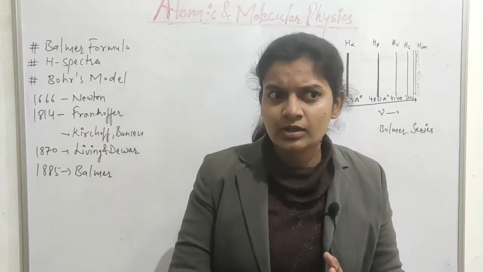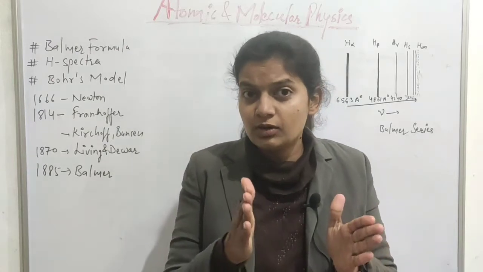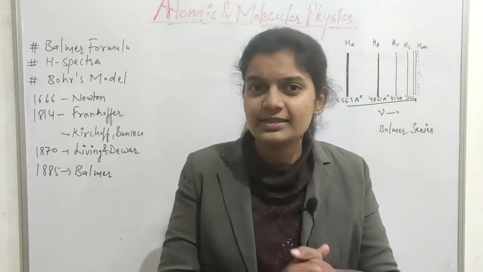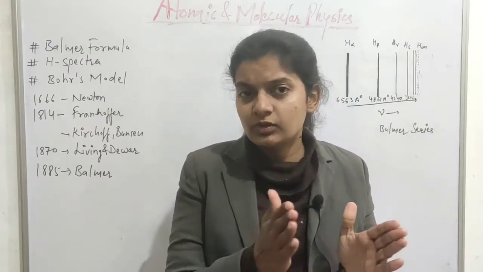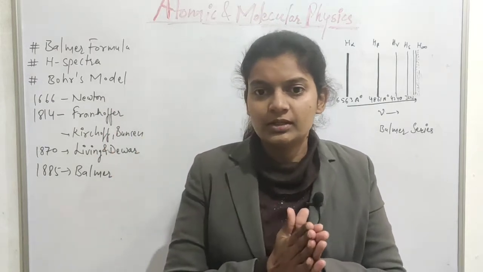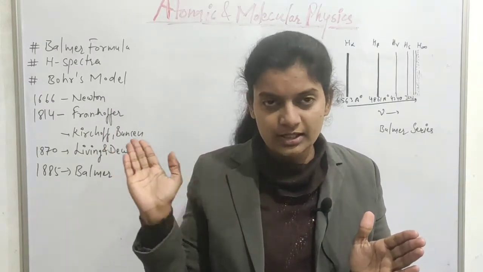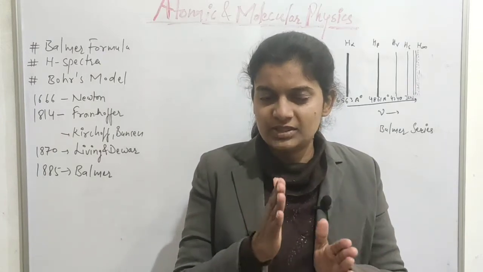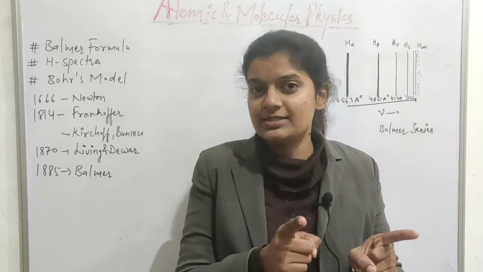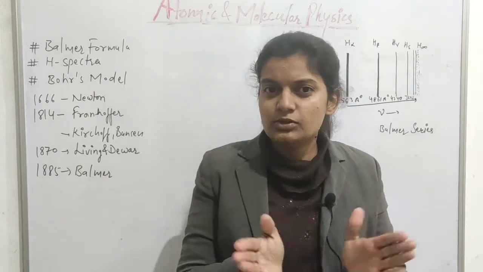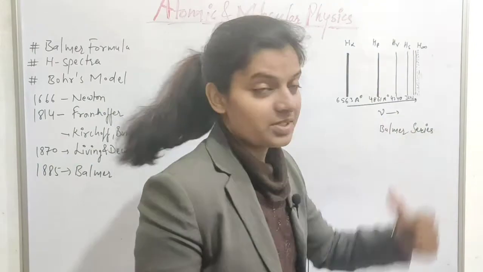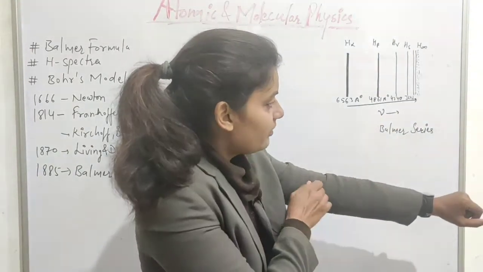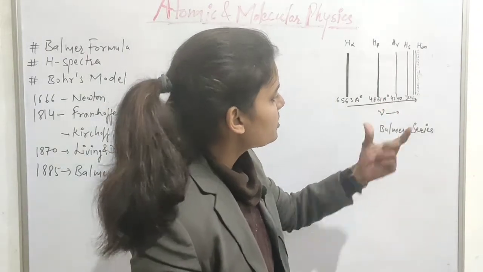Levy and Dewar found that the spectra of elements follow a type of pattern. There are some regularities in the pattern. What type of pattern was that? He found that in the case of the hydrogen atom, the spectral lines, the spacing and the intensities, were both decreasing towards the higher wave number side, or we can say, on the lower wavelength side. So this was the observation.